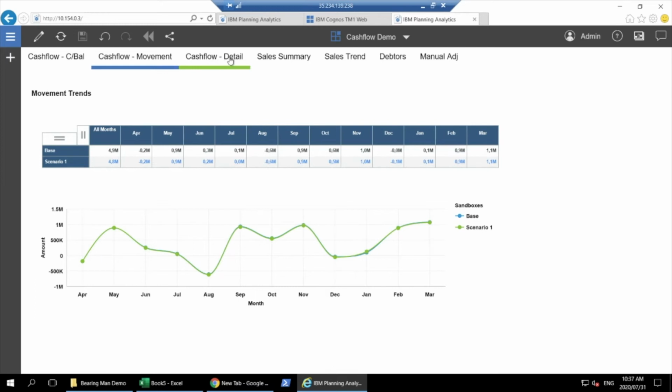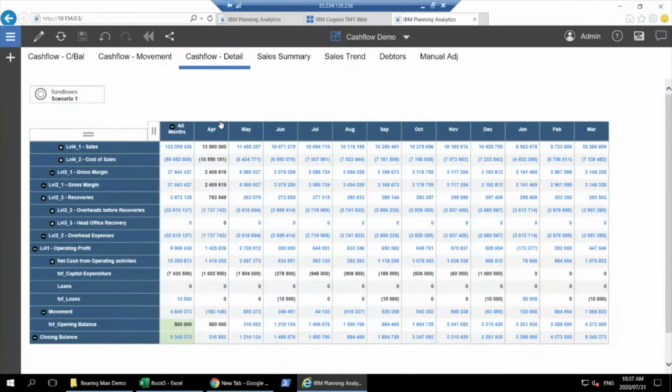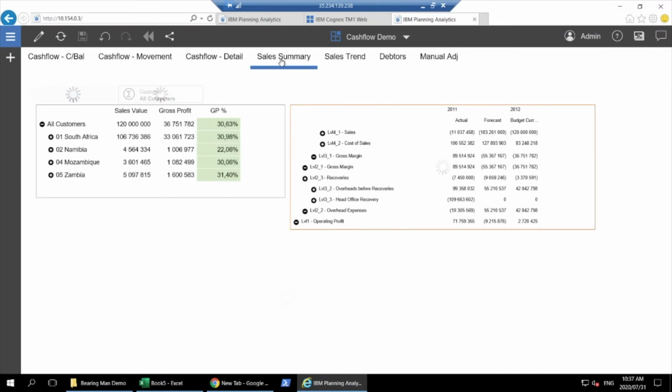We then have cash flow details. Similar to that sheet I showed you earlier, where I showed you how the budget translated to the cash flow movement, I've simplified it slightly here. I've just got the cash flow movement over here, and there's that closing balance at the end of the month. I'm just showing the month-to-month cash flow movements. We then have sales information over here,